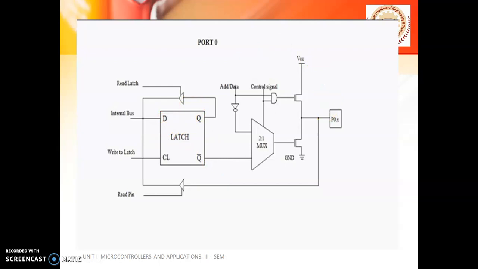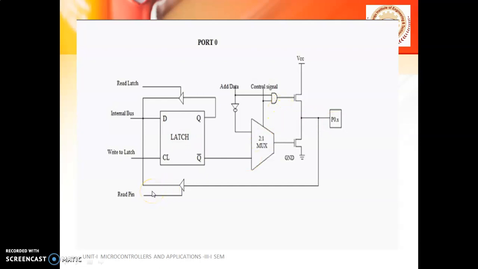Suppose we are connecting some output devices to this particular port pin, it means we have to configure this port pin as an output pin. Then only the microcontroller can transfer the output data to the output devices connected to the port line. So whatever data the microcontroller is transferring has to be saved onto the latch first. From the latch only, the input will be transferred to the output. Now coming to the D-type latch here. D-type means the output is equal to the input. Suppose the 8051 microcontroller wants to transfer any data to the devices connected to it, first the data has to be placed onto the D-latch. Whatever input is given to the D-latch, the same thing will be given as an output.